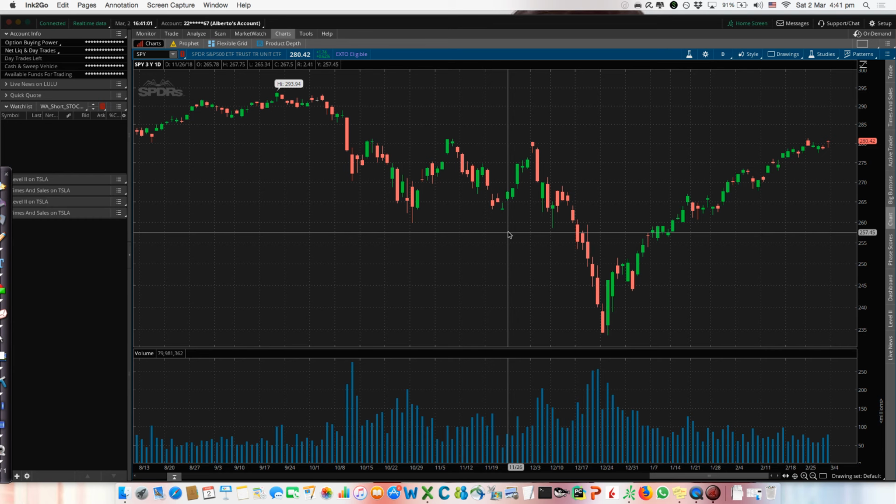Today the topic is the US market. Why? Because we are really close to an important resistance level. So it's really important to understand this concept and to decide what we are going to do next. So here we are looking at the SPY chart, that is the ETF tracking the S&P 500, the main index